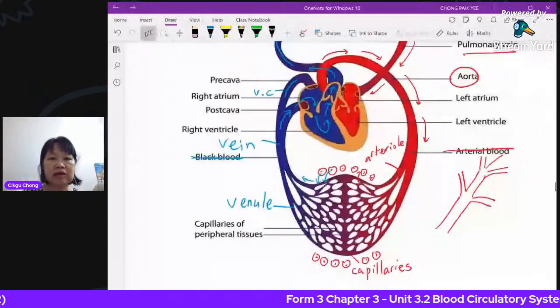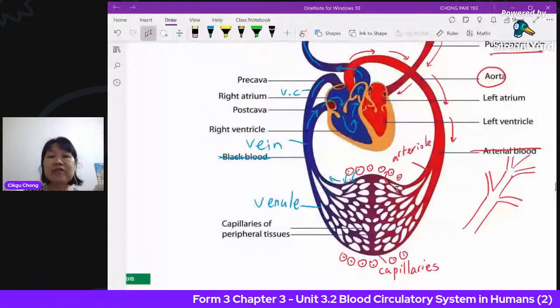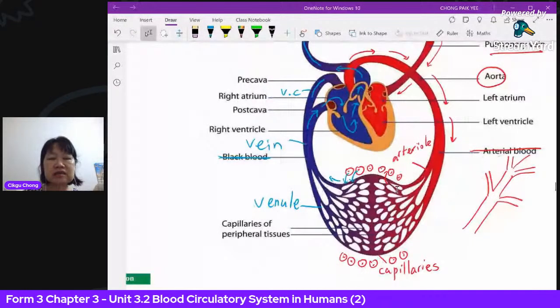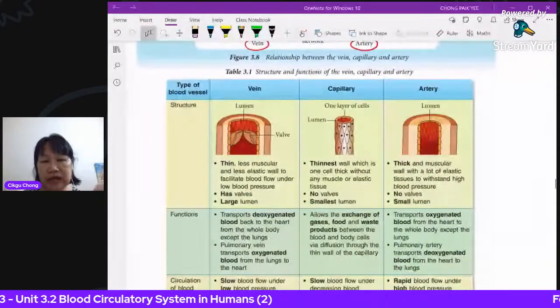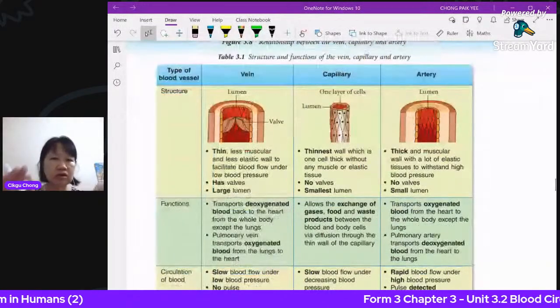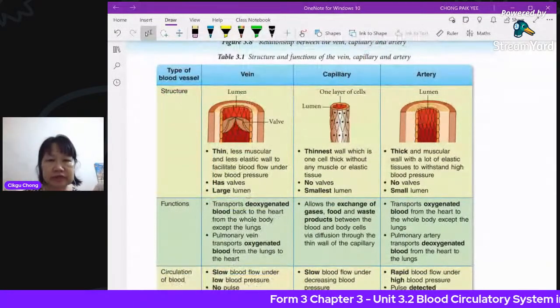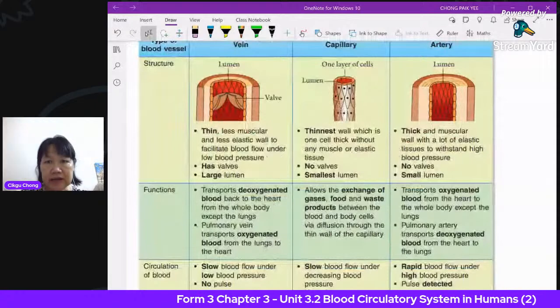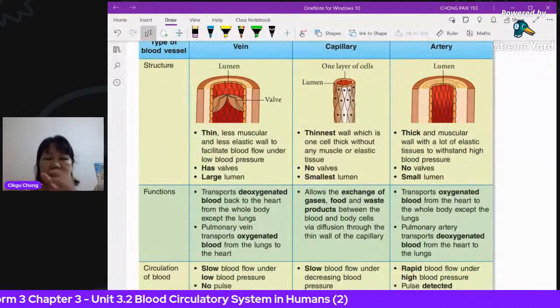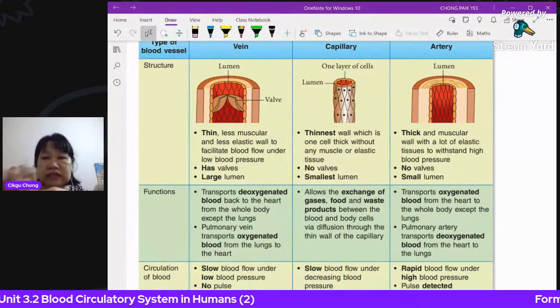Now, let's look at the characteristics of each type. Okay, different blood vessels have different characteristics. First we look at the artery, since we're talking about blood coming out of the heart. Okay, artery first. First of all, the structure, we call it the thickness, it is